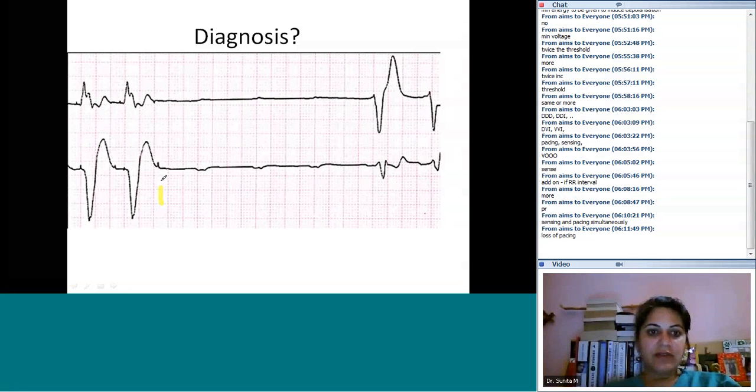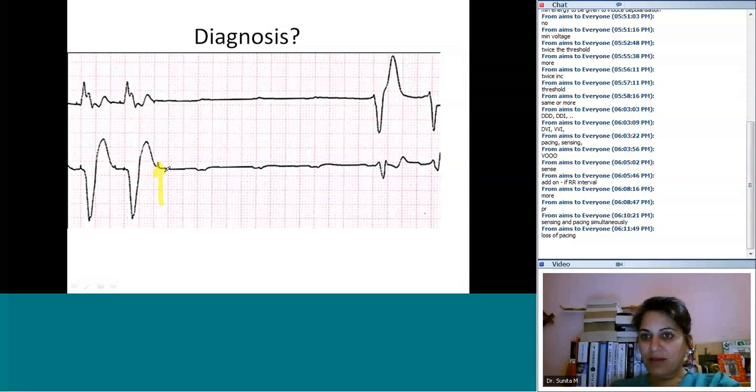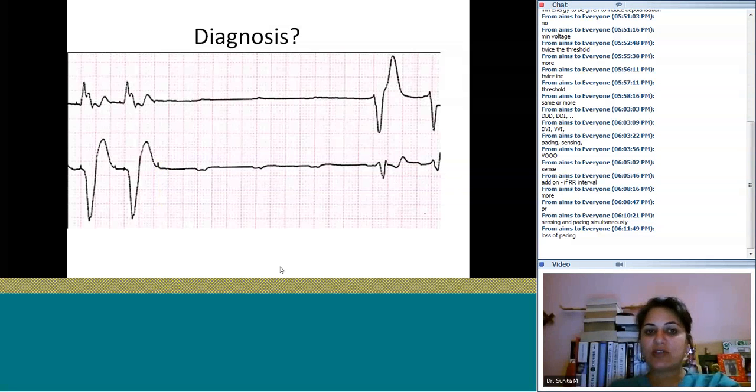And I'll tell you that this spike here, see the yellow line, is a pacing spike. Okay, so not loss of pacing. I just told you it's loss. There's a pacing spike, right? Okay, you want to call it loss of pacing? I guess that's okay. It's really loss of